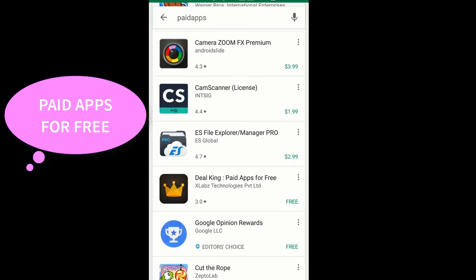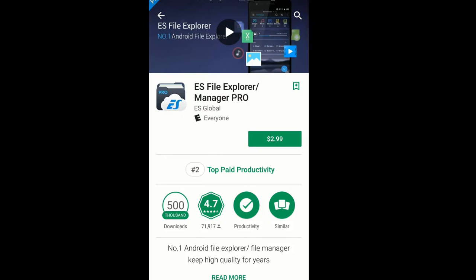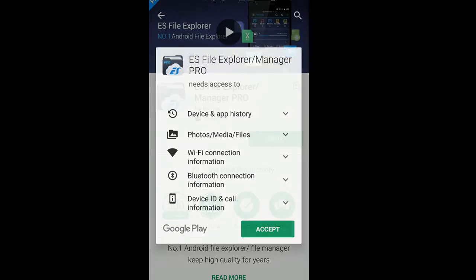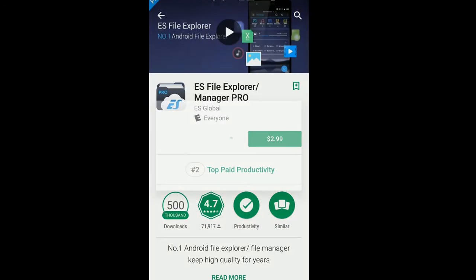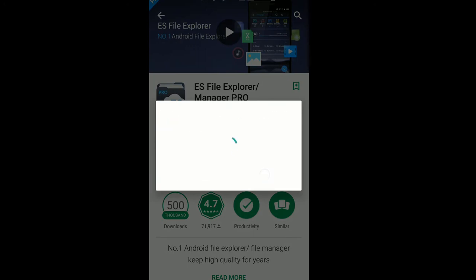So if you search for paid apps and go to some app, I have chosen ES File Explorer. It costs $2.99. So click on that, accept, and in Indian currency it is 190 rupees. So click on continue,